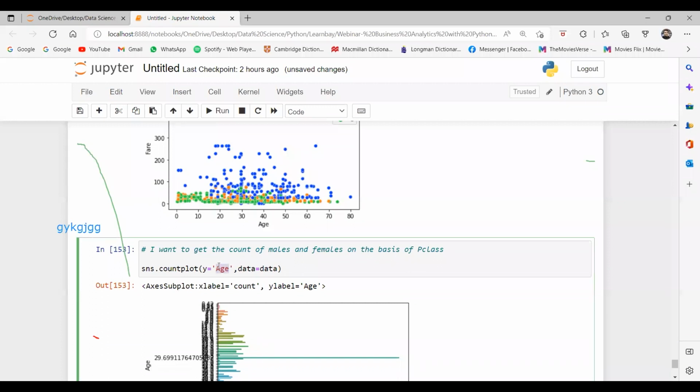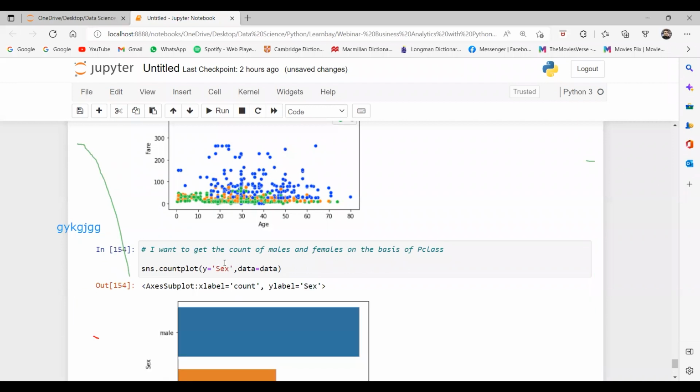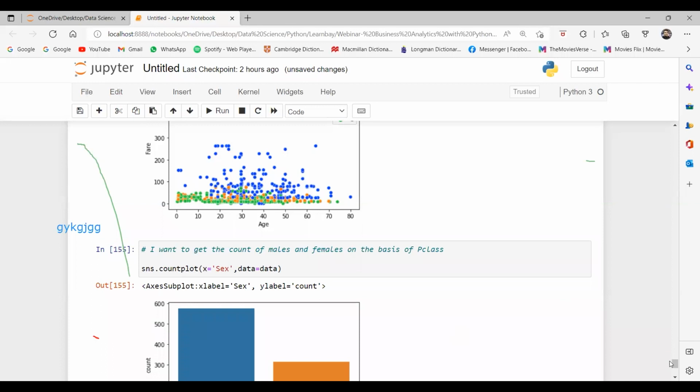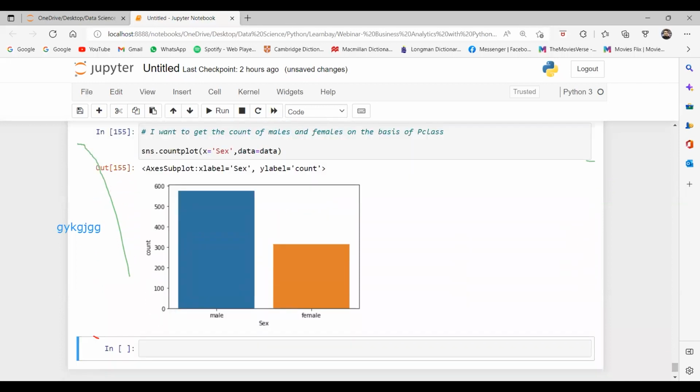Not age, my bad, it was sex. So this is giving me the count, yes or no, guys? Male are somewhere around 550 and female are somewhere around 300.